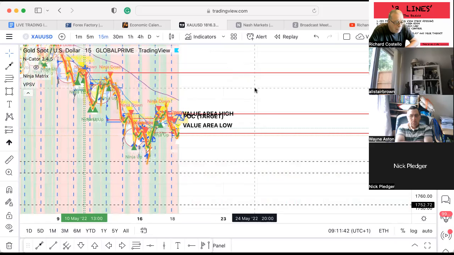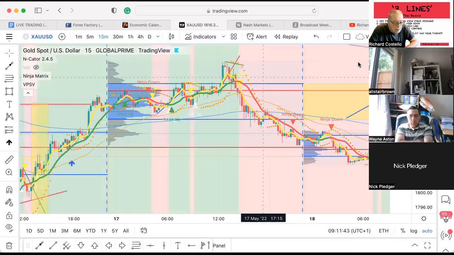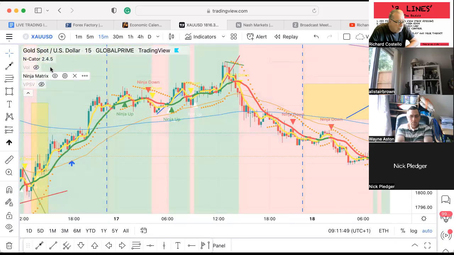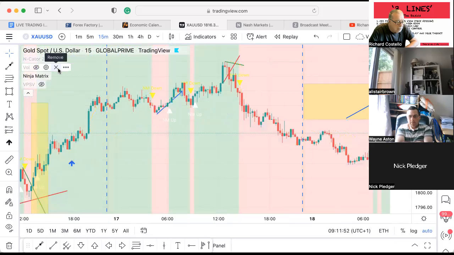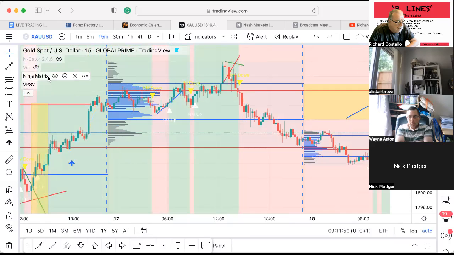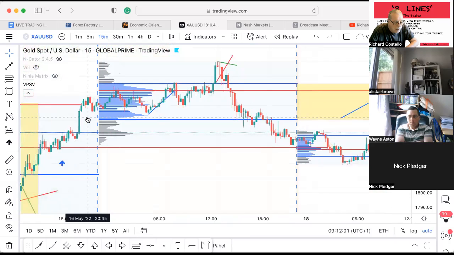I'll get back to reset the chart. I'll strip it back a little bit. Volume profile indicator. Okay, so